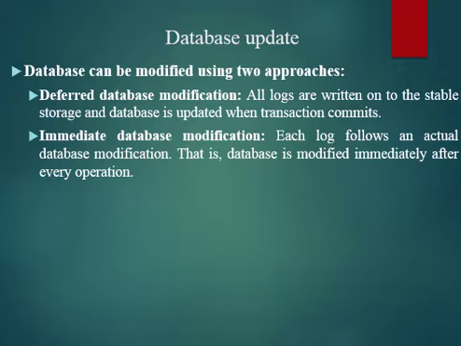The next type of modification is known as immediate data modification. In immediate data modification, the actual update will be immediately reflected in the database, that is, in the secondary device. The update will first be reflected in primary memory, and immediately it will be reflected in the secondary memory too.